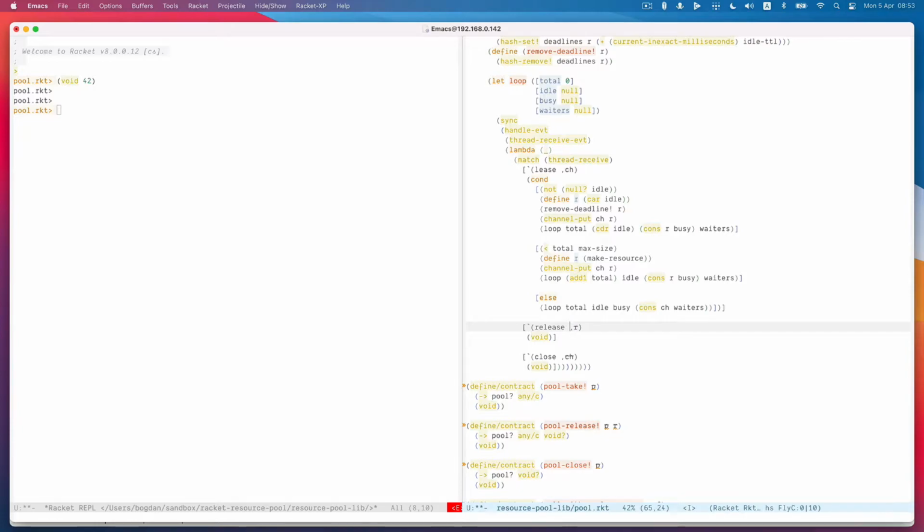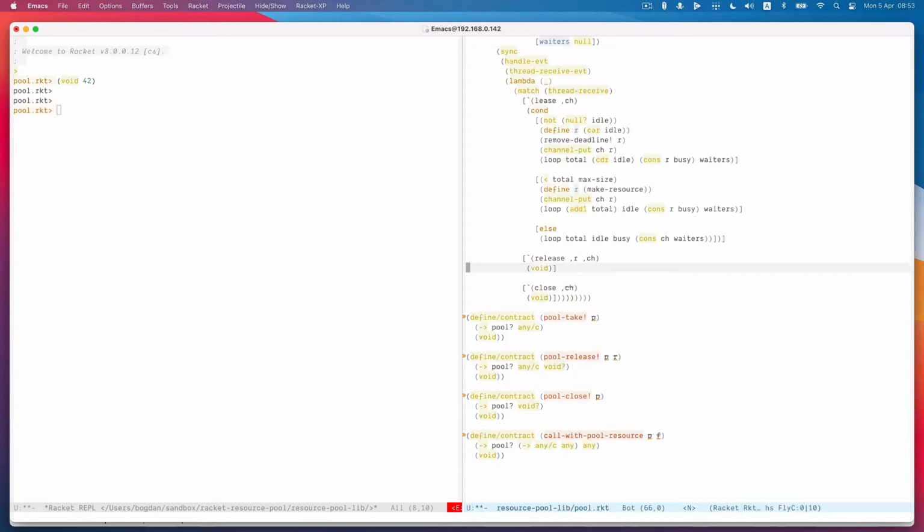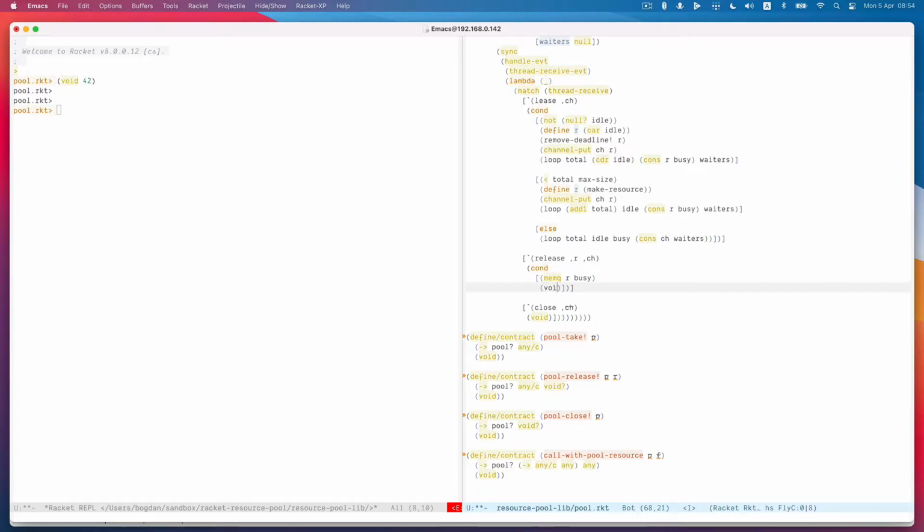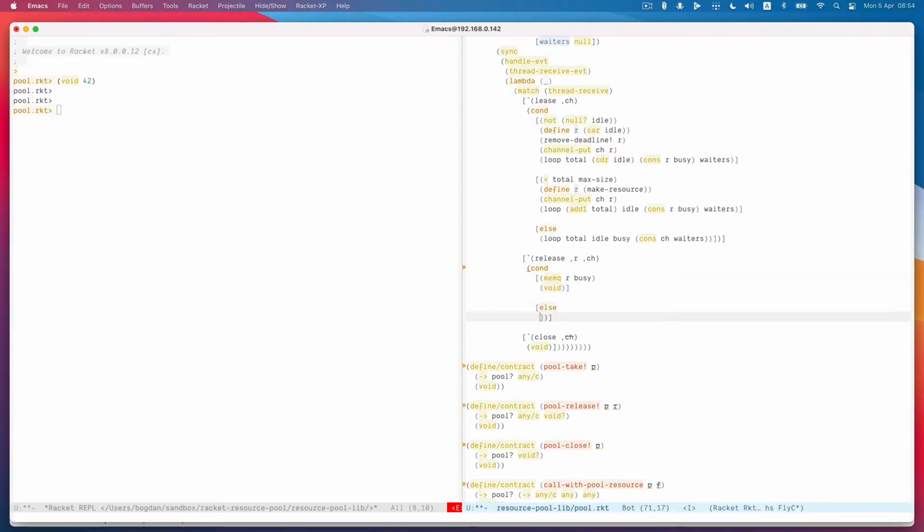Okay? And then when a resource gets released, maybe let's also make this take a response channel, but let's put it at the end. I'm trying to think how I want to do this. Yeah, let's actually change this to a cond. So if this resource is a member of the busy list, then we'll do something. Otherwise,